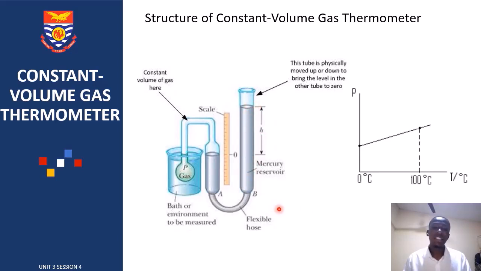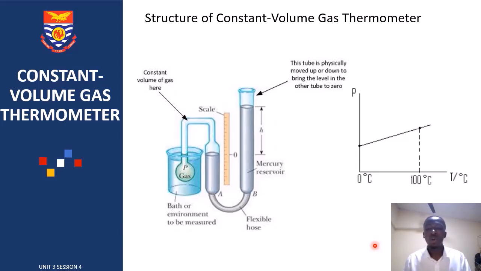So that at the end, we will be able to plot a graph by recording the value of pressure and the value of temperature as we have the mercury reservoir being raised and going down. These two pressure and temperature values are then plotted as shown in this figure. The line connecting the 2 points serves as a calibration curve so that unknown temperature can be found in